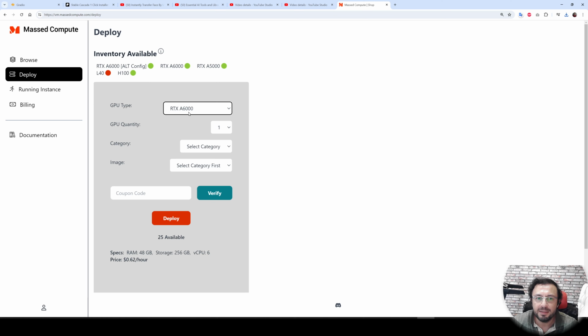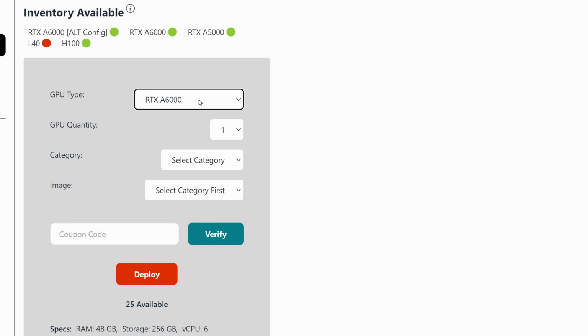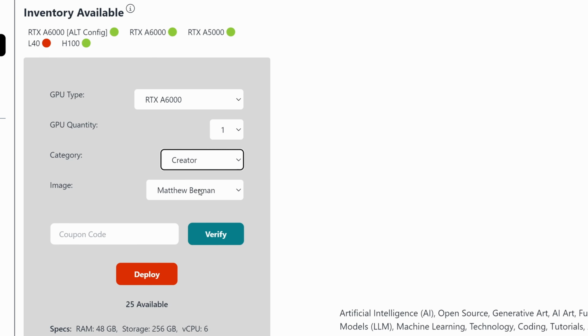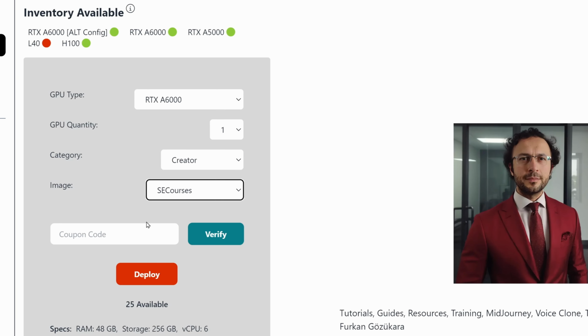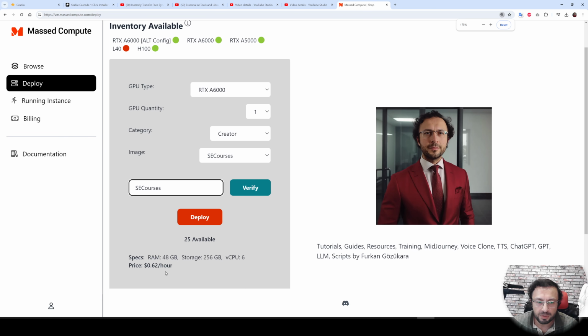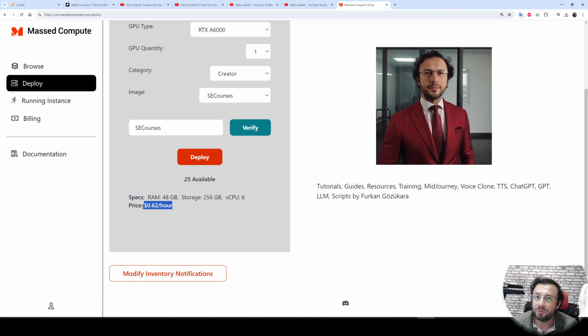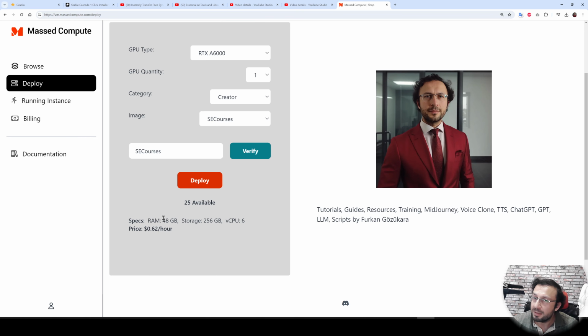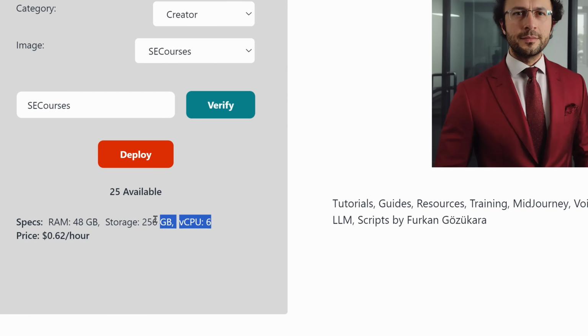From here, select RTX A6000 GPU. This is the very best price performance GPU. Select the creator from the category, select SE courses. This is our image and we have a special code to reduce the price significantly. So you see the current price is 62 cents per hour and it is giving us a 48 GB VRAM GPU and RAM computer with storage 256 GB.